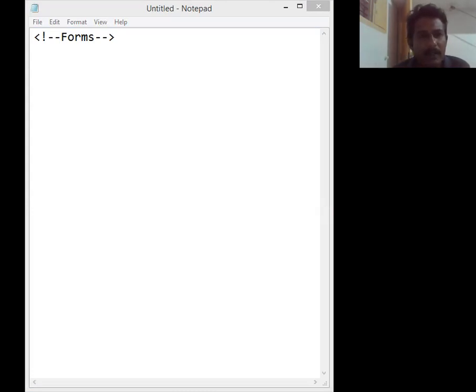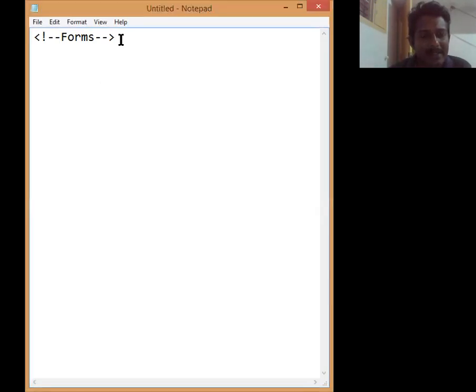Here I'm going to tell you how to give the request to the server. But today we are going to discuss only client-side programming. So simply we are giving a request to the same system and getting back the data. These forms are also used to get feedback from the user, or to get data like name, date of birth, address, whatever. You may see many websites that contain some feedback form. The user can enter the name, email address, phone number. The data will be sent to the web server, and the data will be stored on the web server.